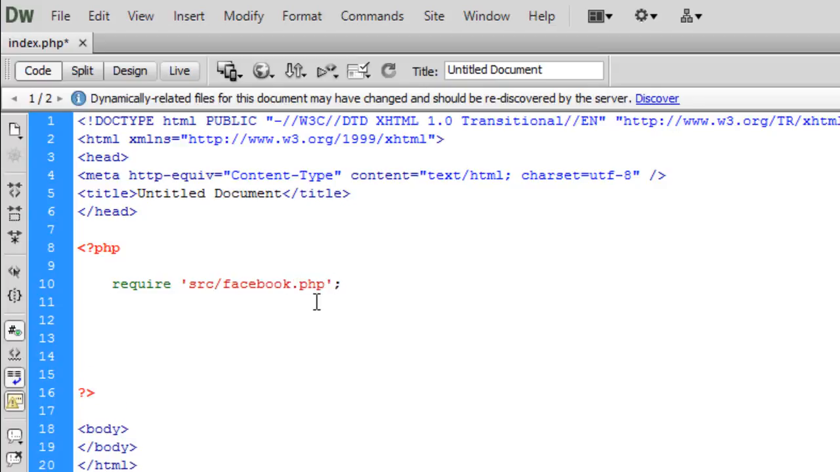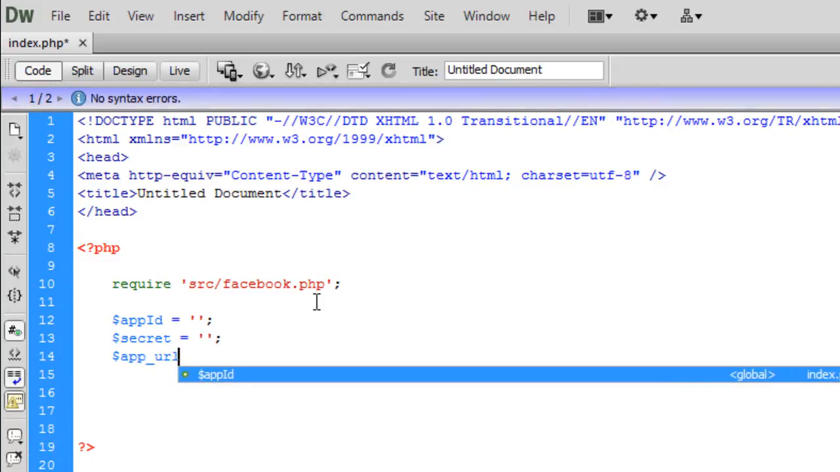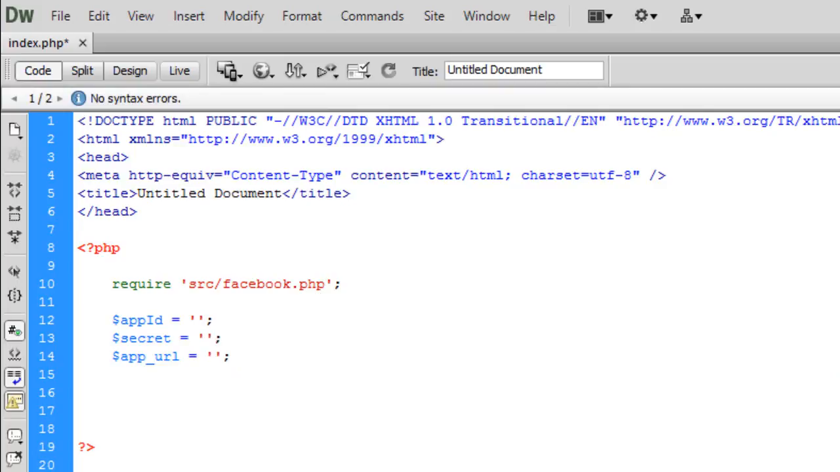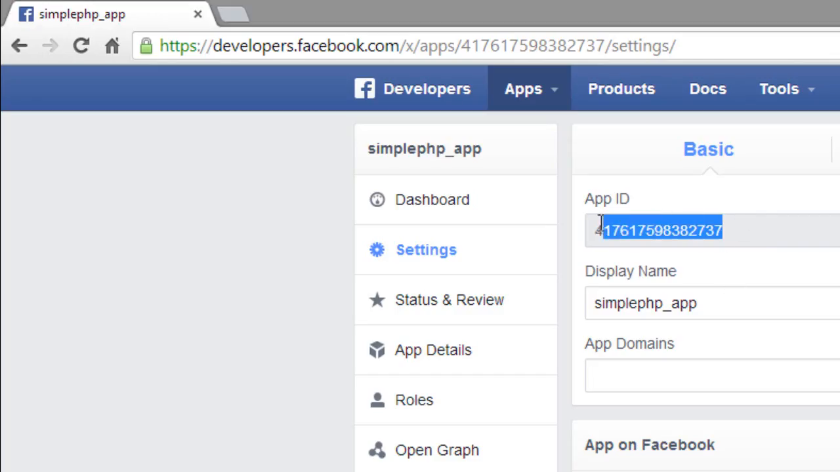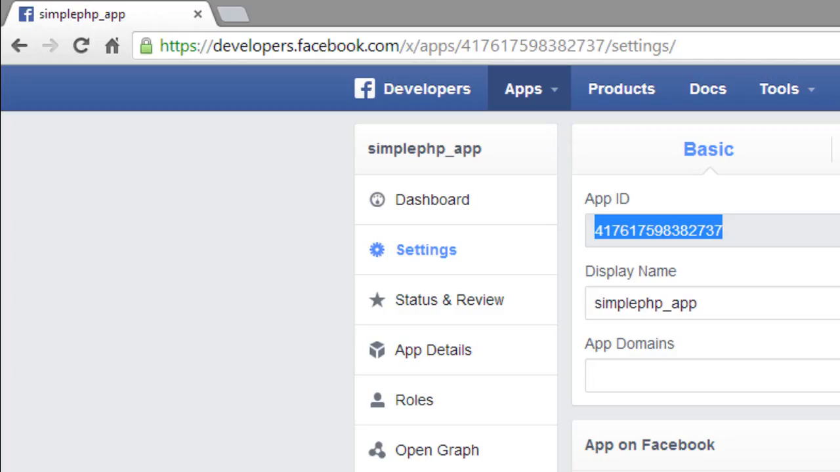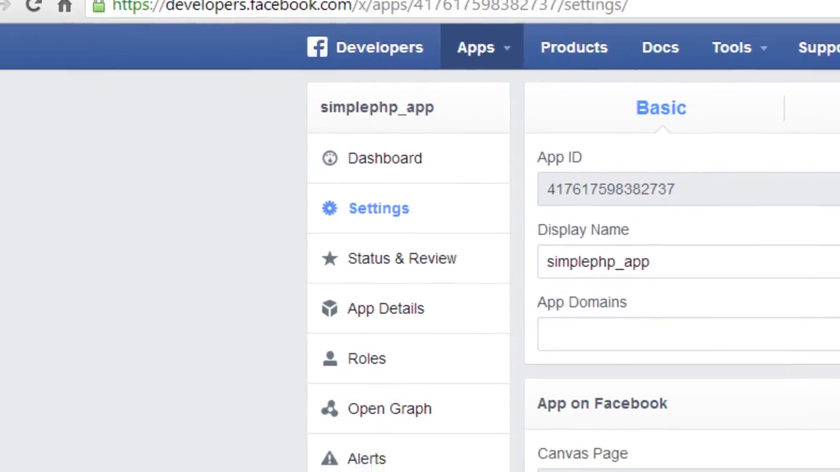And once you have done that, you need to supply a few details for it. Like app ID, and you need secret, that is app secret, and also you need the app URL for redirecting the user once he has done a successful authentication. And you can get the app ID from your dashboard here, and app secret as well. So app URL should be your canvas page,